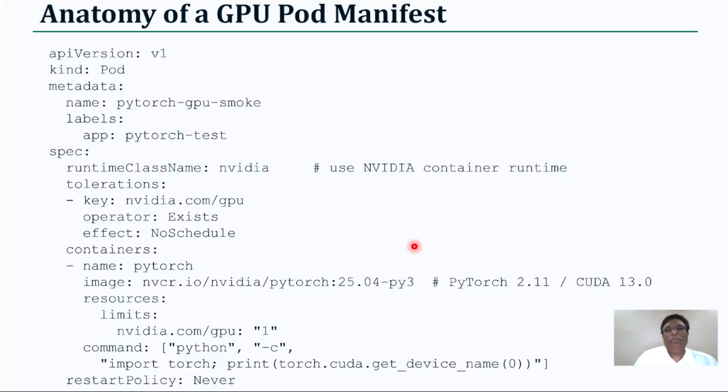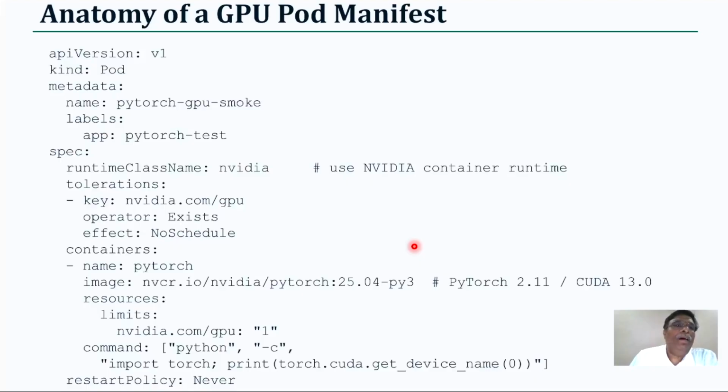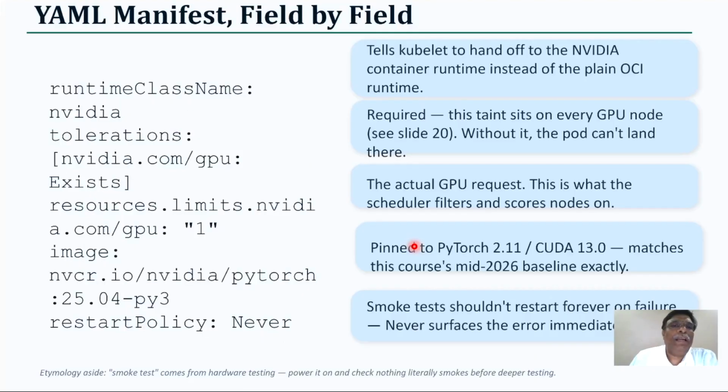So what does it mean to have this? Okay, we will see as we go along. YAML manifest field by field. So let us try to understand this manifest here, which basically talks about runtime class name, okay, NVIDIA, then tolerations,